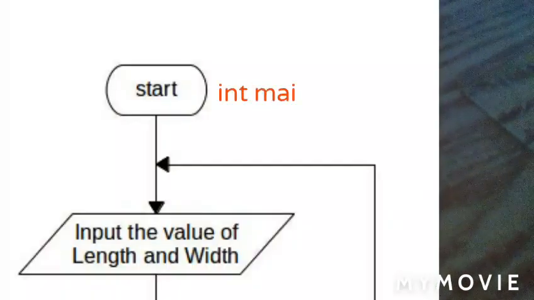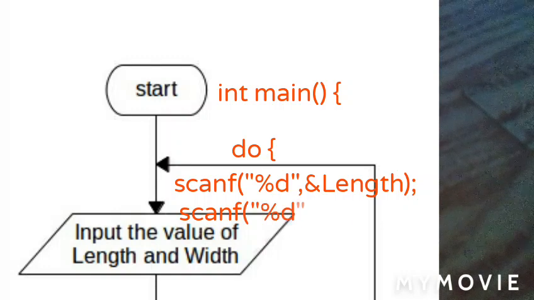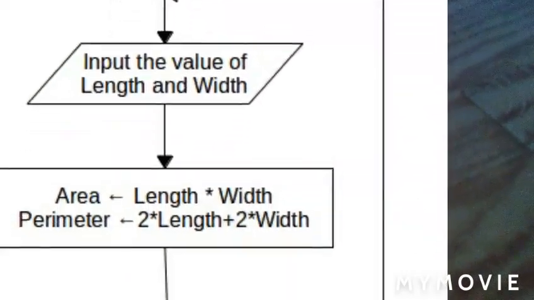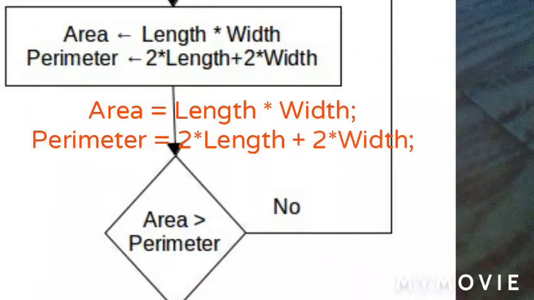So let's go back to our previous flowchart that will not end until the area is greater than the perimeter. Okay? So still the start corresponds to the main, and you will see that there's an arrow there. Okay? It corresponds to the do statement. And then the same, you input the value of length and width, then assign the value of area and perimeter, then you compute, and then